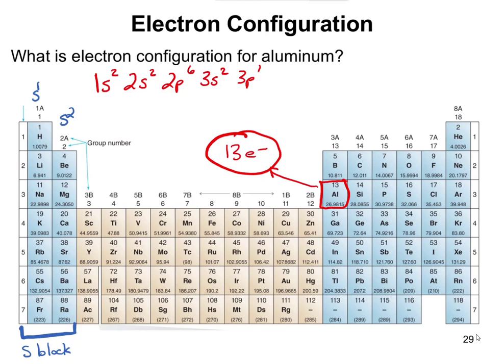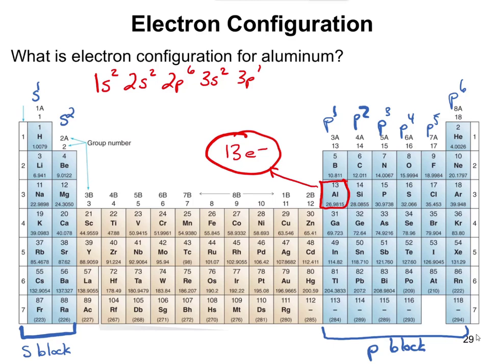subshell somewhere. These ones over here are going to be called P-block elements. So these ones are going to end in P. So for instance, anything that's in group 3A is going to end in P1. That's what we just did for aluminum, right? Boron would be the same way. And then it's going to be P2. These ones are going to end in P3. These ones are going to end in P4, P5, and then the noble gases are going to end in P6